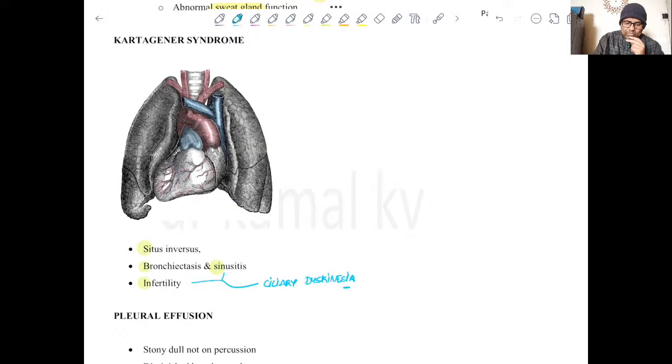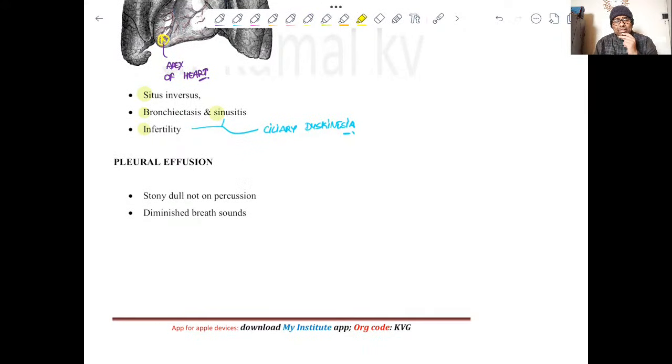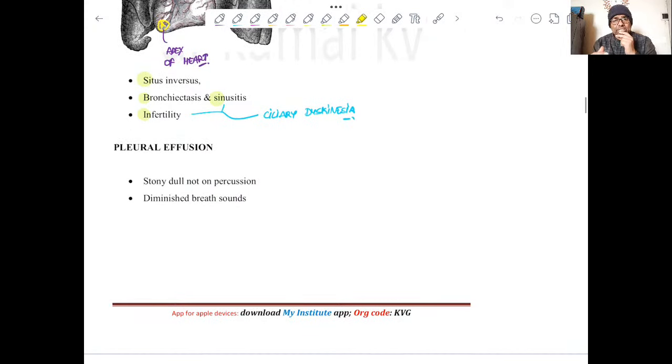Clear? And I think most of you must be good with situs inversus. If you look here, this is the apex of the heart, and classically you can see it is on the right side. This is the left side, right? So you can see the apex, then the ascending aorta, arch of aorta. So the right side structures are on the left side and the left side structures are on the right side, that is situs inversus. Then moving forward to another clinical entity, that is pleural effusion, which is collection of fluid